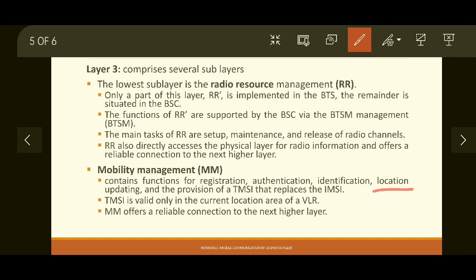So in whichever current cell or base station you are in while making that call, within that cell or base station only, TMSI remains valid. So the mobility management layer offers a reliable connection, that means it maintains the connection. Reliability is part of this maintenance, to the next higher layer. Okay, so once the mobility management layer is successful, higher layers can perform their functions easily.